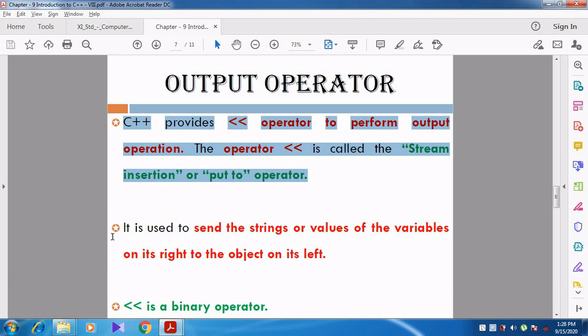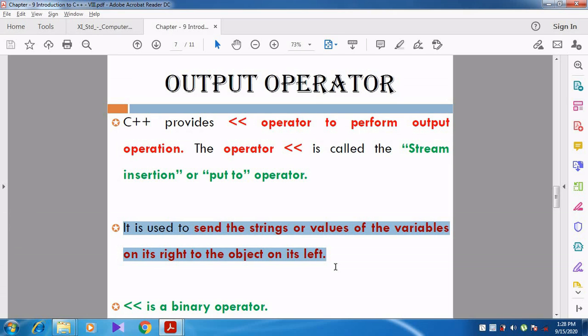Then what is the use of this? See, it is used to send the strings or values of the variables on its right to the object on its left.